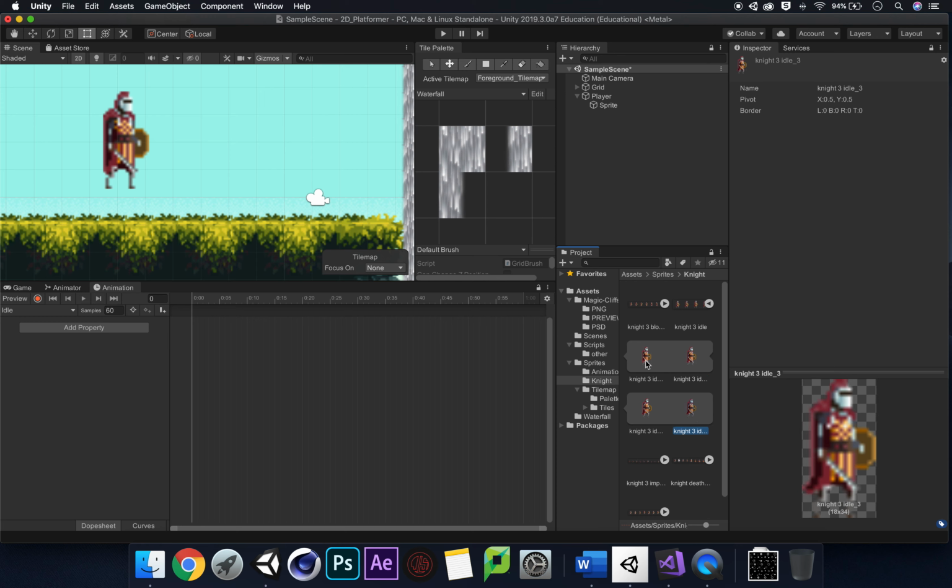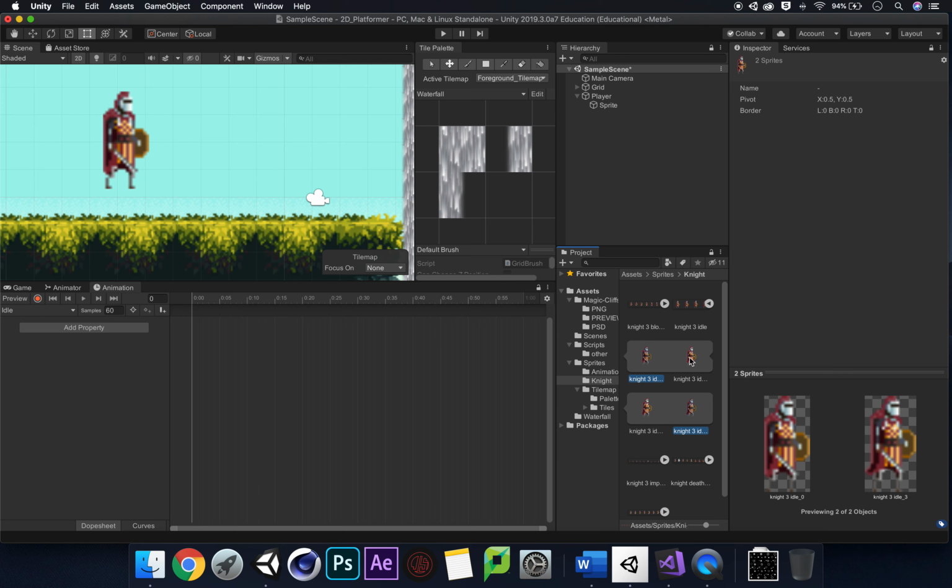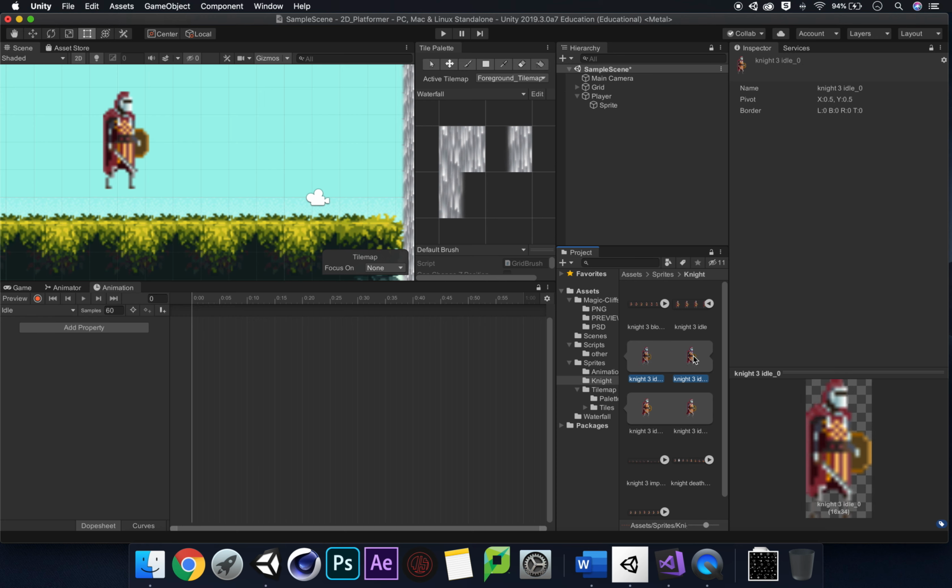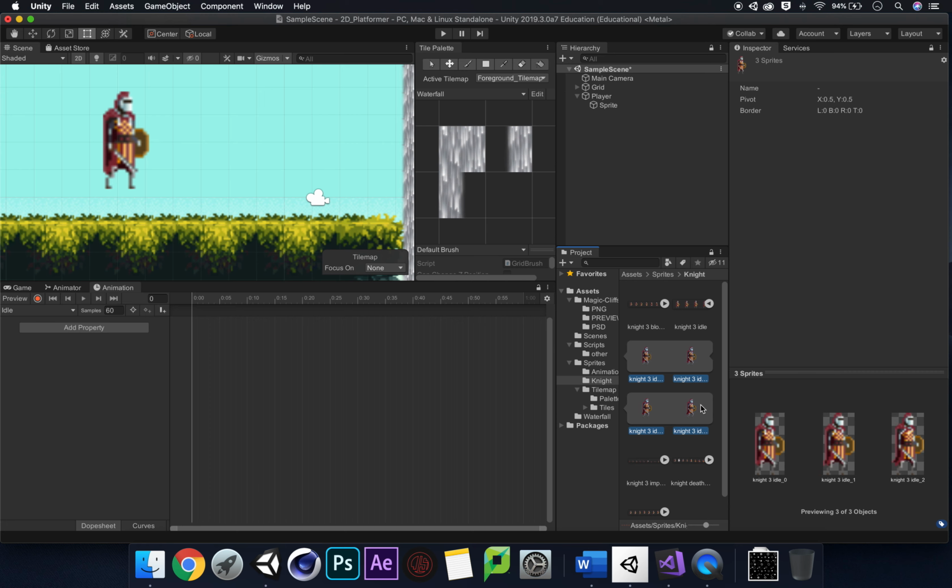And so what I'm going to do is hold Command, or Control on PC, and select. I might do it in order just in case. 1, 2, 3, and 4. And as you can see, Unity understands that I've selected all 4 of these sprites. Okay, that's great. So next thing I'm going to do is go to my animation tab